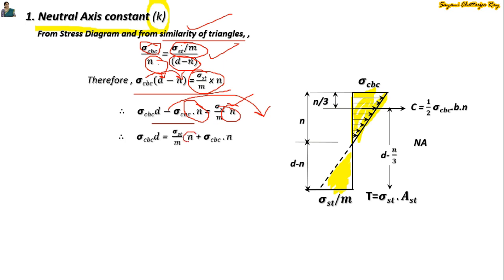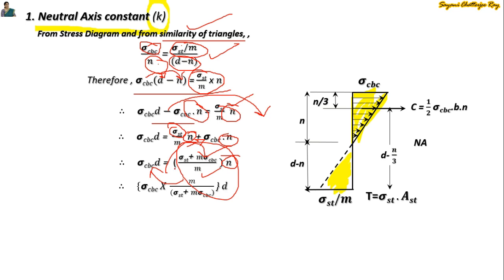Now we will take n common and we will take it out. We will take the LCM, so it will become sigma st plus m into sigma cbc divided by m. So our next step will be sigma cbc into d equals to sigma st plus m sigma cbc divided by m into n. Now what we will do, we will just transfer this on the left hand side and our equation will now become sigma cbc into m divided by sigma st plus m sigma cbc into d equals to